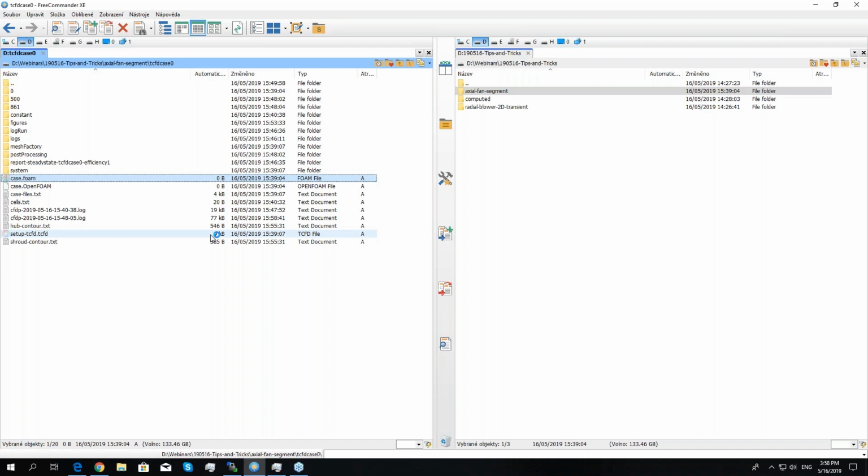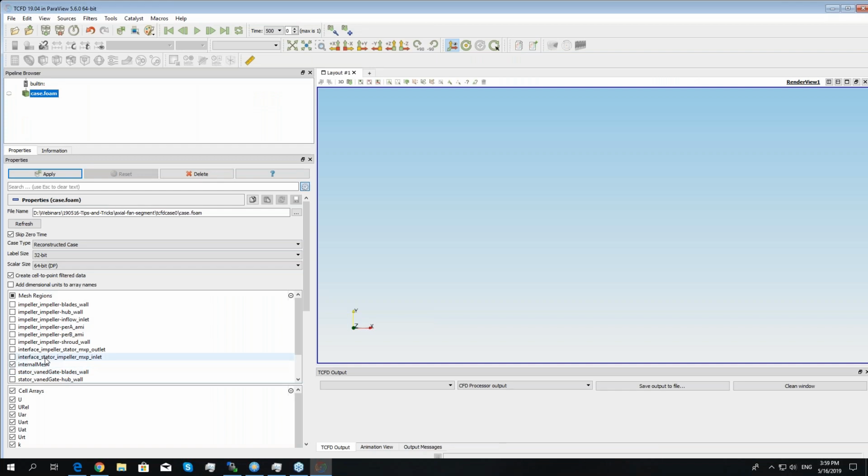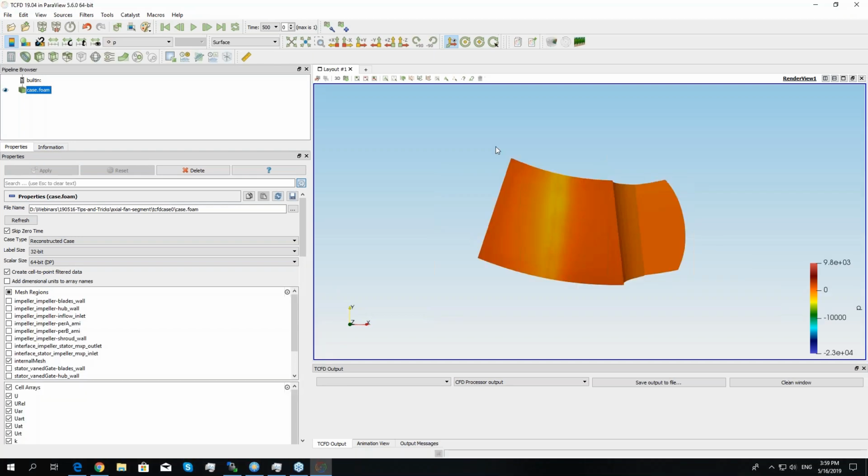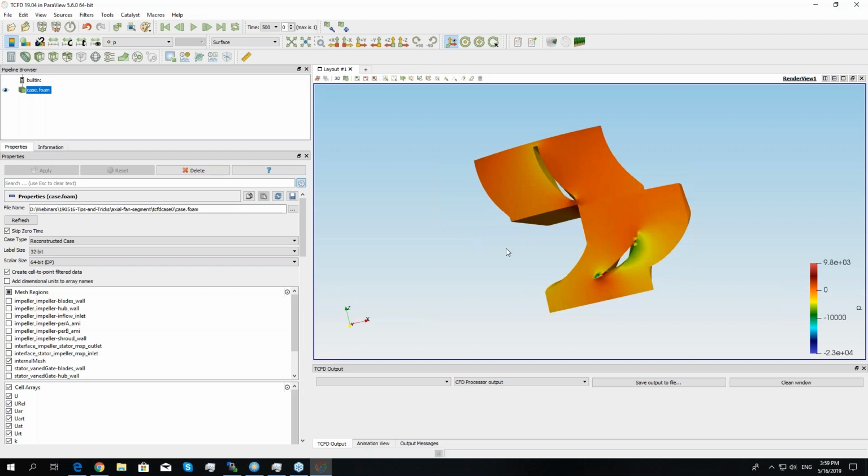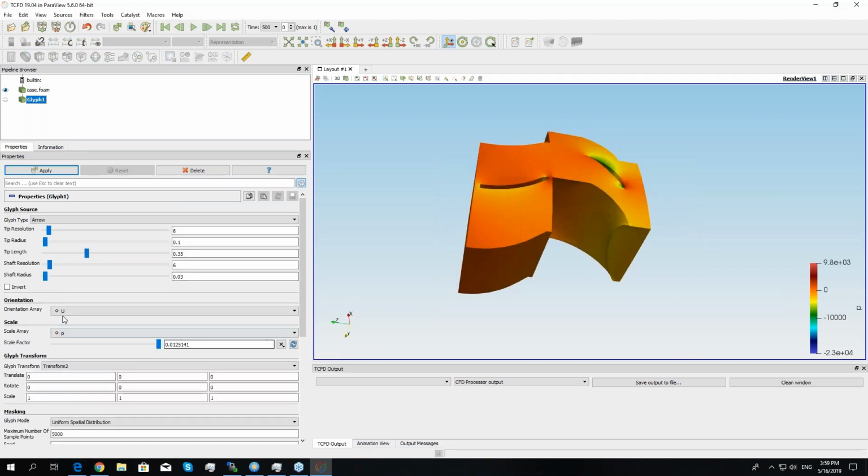So I just applied the vector on the source geometry, which was these three segments. So quickly I will repeat it with just one blade. All right, so okay, I will show you how to do it on both components. So click on the glyph filter. I would like to go for the relative velocity, and now I can visualize the